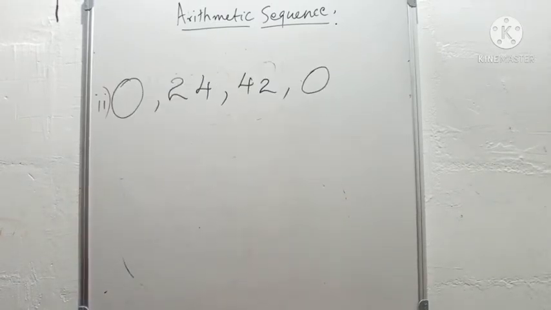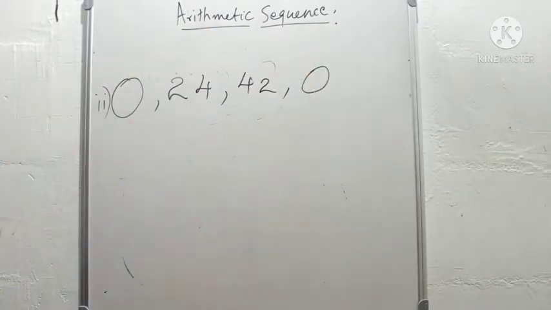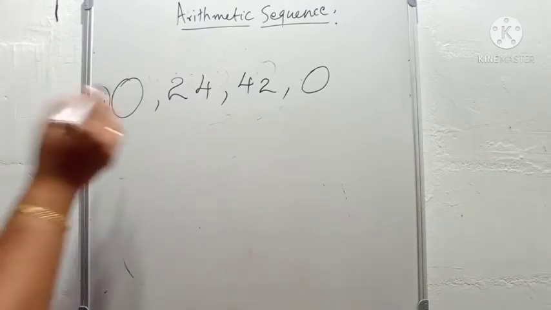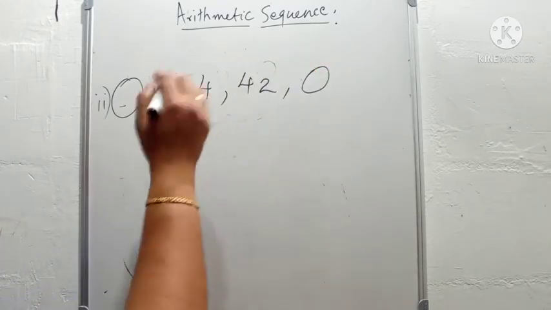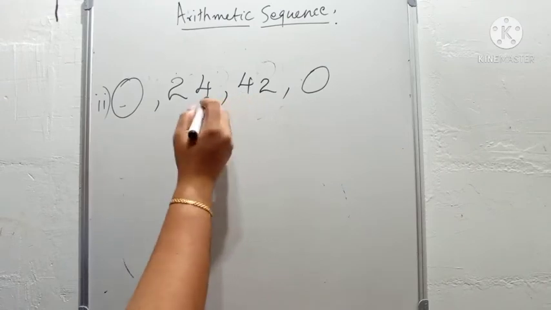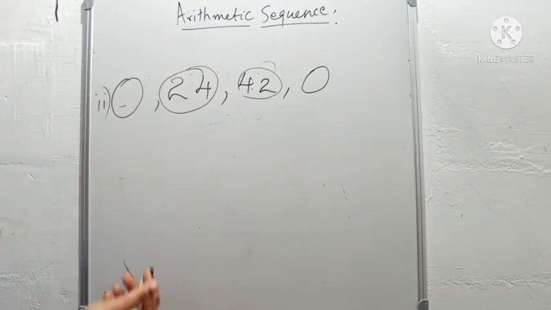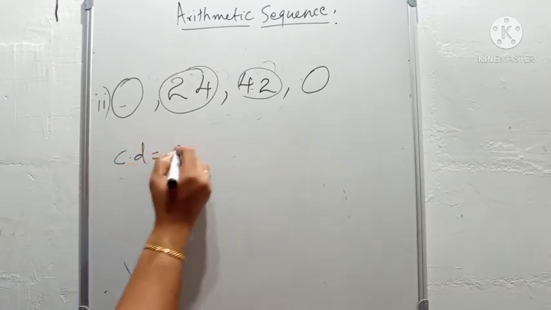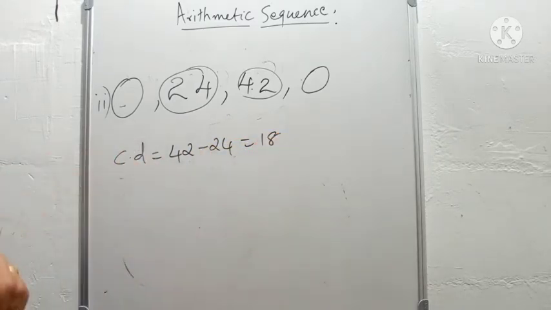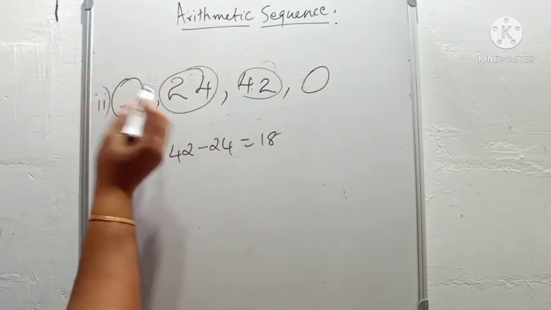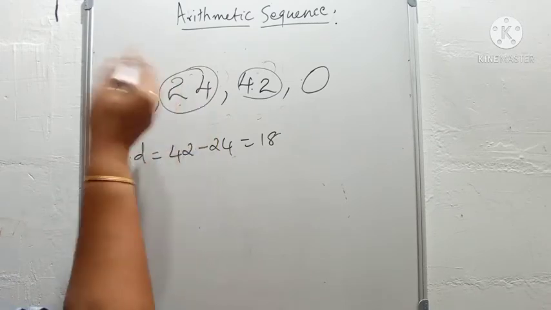The second question: circle, 24, 42, then again a circle. How do we find the numbers? One number is before 24 and one number is after 42. We know the numbers. What is the common difference here? This is the third term and this one is the second term. Third term minus second term also gives the common difference. 42 minus 24 is equal to 18, which itself is the common difference. Then what about the first term? The second term is 18 more than the first term. Then what about the first term?